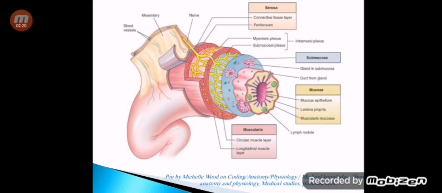This picture shows the 4 layers of the GIT. The first layer is mucosa, which is subdivided into lining epithelium. Each segment in the GIT tract has its own characteristic lining epithelium. Below it, we can see lamina propria, composed of a thin, loose layer of connective tissue containing small blood vessels, nerves, lymphocytes, either randomly distributed or in the form of lymph nodes. Below it, we can see a thin band of smooth muscle fiber named muscularis mucosa, that divides the mucosa